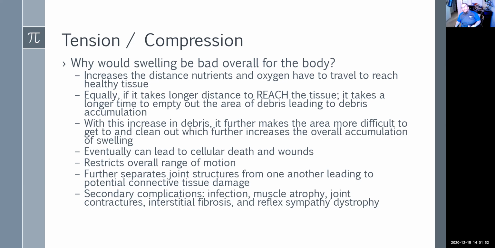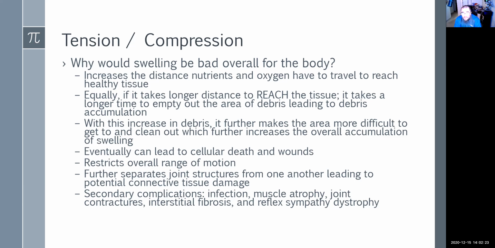When you think of swelling, it's like forming the body's natural cast. So you injure your ankle and your ankle puffs up and swells up. Well, why does it swell up? The body is saying, stop it. Don't put weight on this joint anymore. It's injured, right? So that's kind of the goal of it. The joint itself is kind of protecting itself.